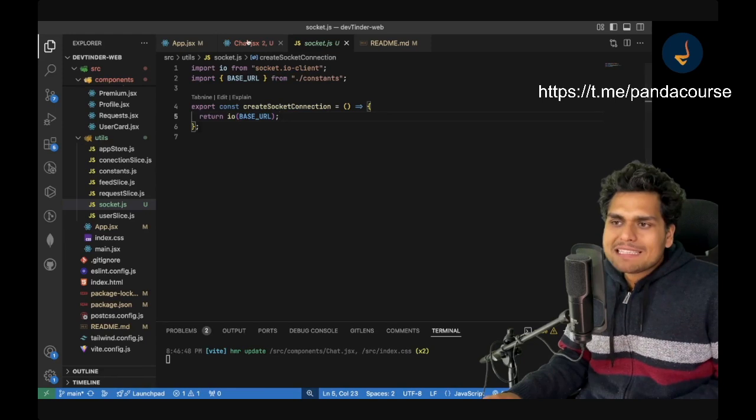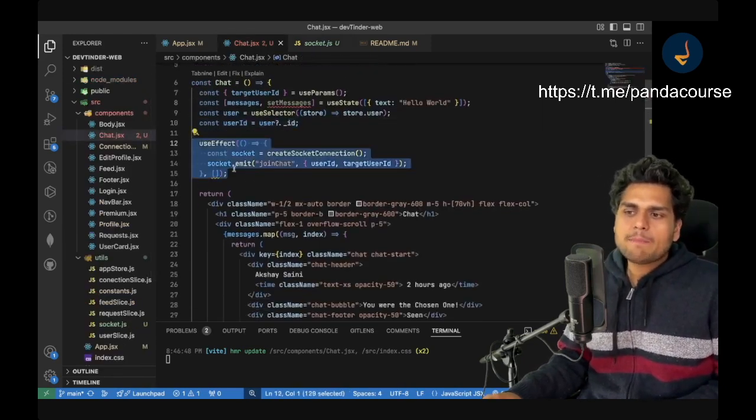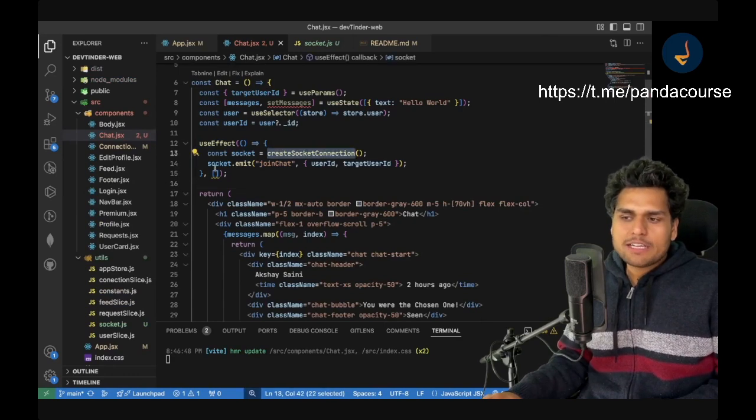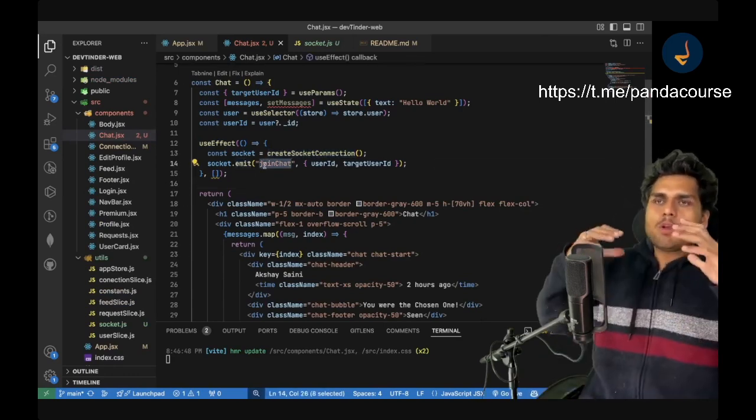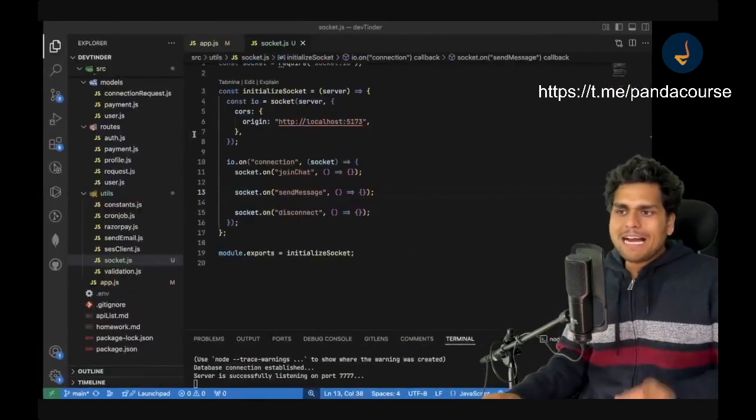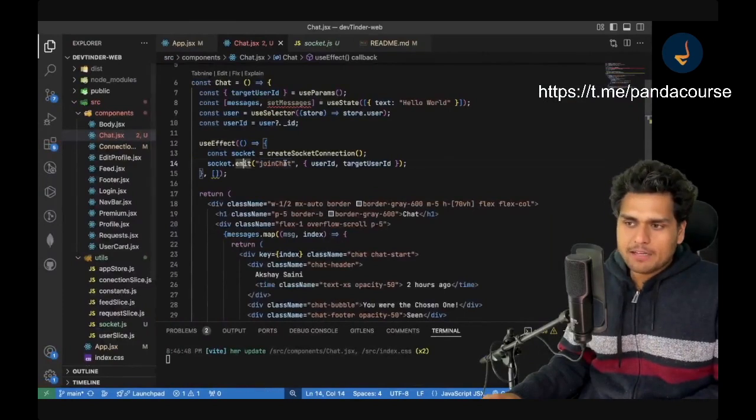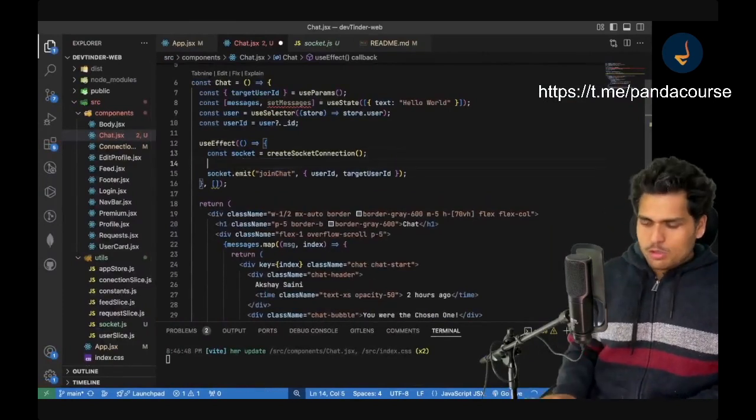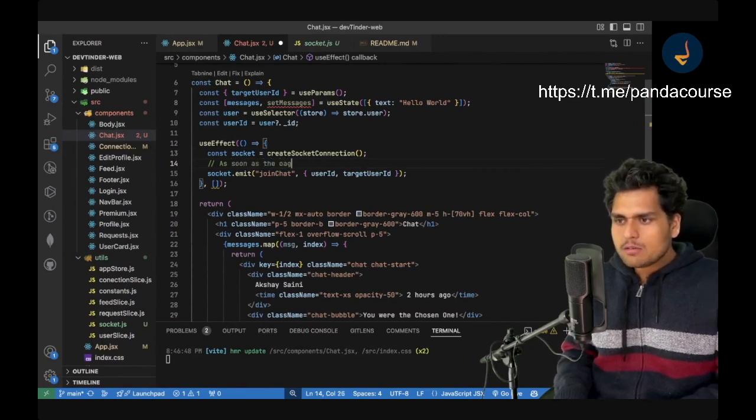Now in my Chat.jsx, I have just written this useEffect. I have created a socket connection and I have emitted an event which is join chat. So what I want to do is, as soon as my page loads, please join the chat. Let me just take down notes. As soon as the page loads,